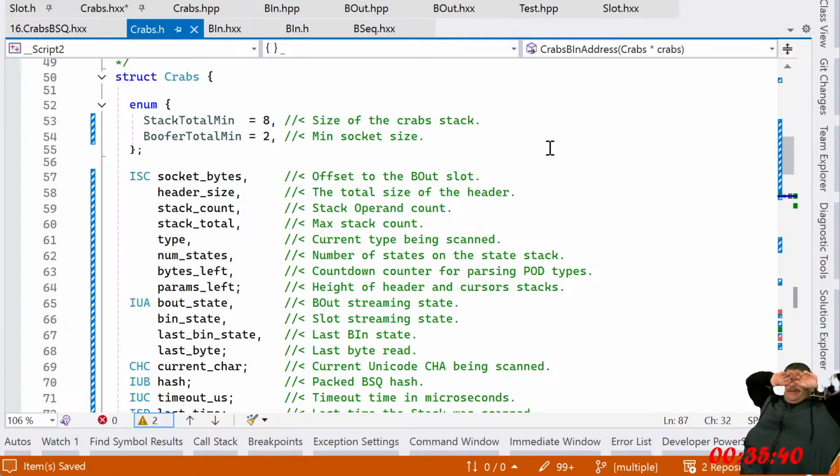I don't like that. I mean, header bytes, maybe. Yeah, header bytes might make sense. Header size, total size of the header, but how is that? I mean, socket is just not really the.